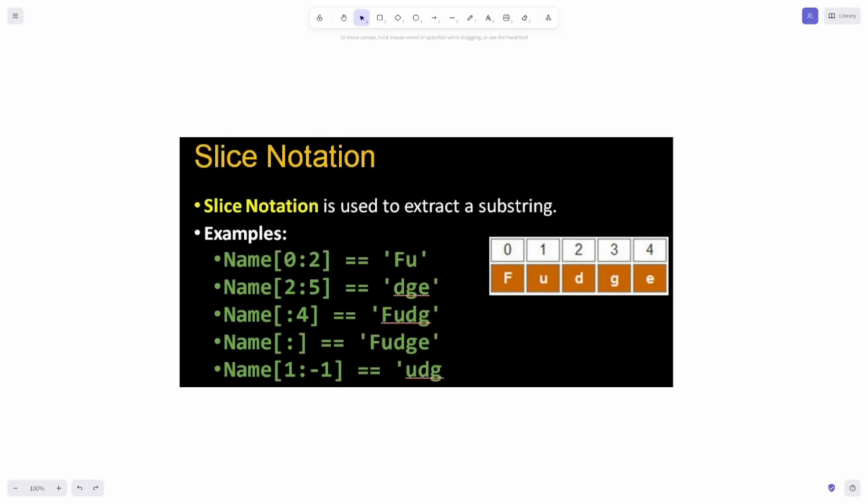And this one has no initial index, and it ends at 4, non-inclusive, so it's from 0 to 3. So "fudg". And here there are no start and end index values for the substring, so the slice notation does not change anything. And for this final one, we have 1 to -1, and this just means we start at the second index value, and we end at the second to last index value, so it becomes 1, 2, 3,